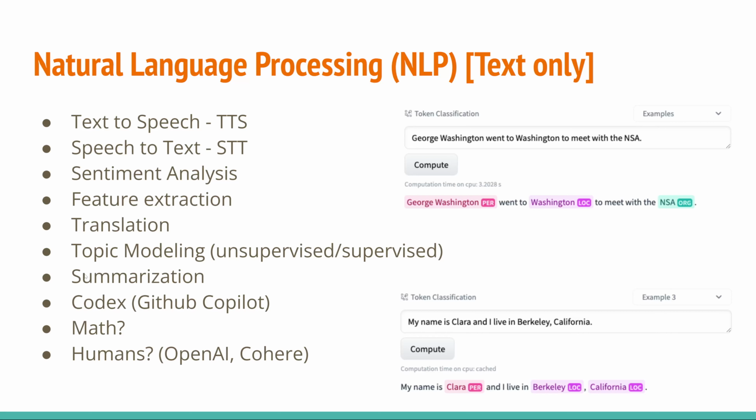Summarization, so this is like a TLDR. You feed it a whole entire essay and you say, give me a paragraph output of what's the key points. Codex, which some of you guys might have messed with, which is also known as GitHub Copilot. Codex is made by OpenAI. GitHub Copilot basically is licensing to use Codex, but it will help you write code. Math, so it can solve math problems for you straight out of the box, some of these items.